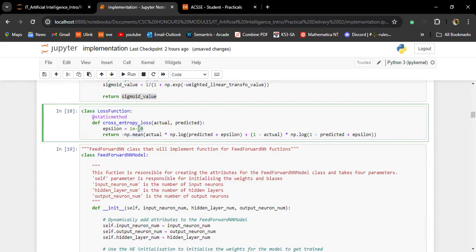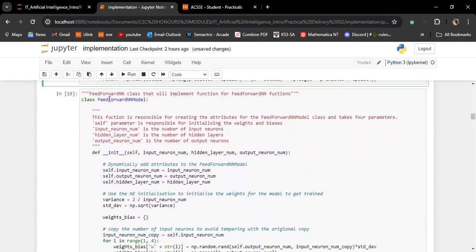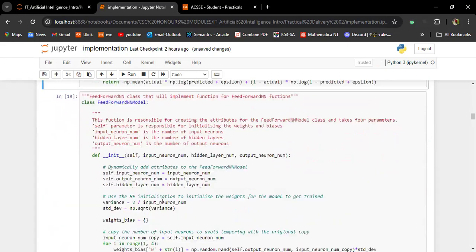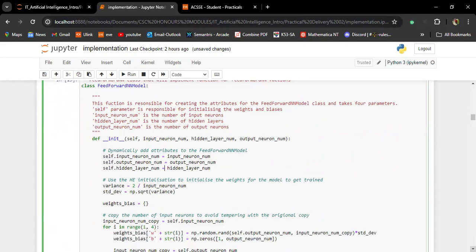Now this epsilon value is helping us stabilize our model in that sense. So let's run this and then move on to the next class, which is the feedforward neural network, which is effectively implementing the feedforward propagation algorithm that we have seen, the propagations of those equations from the slides where we were presenting the feedforward propagations and the backward propagations.